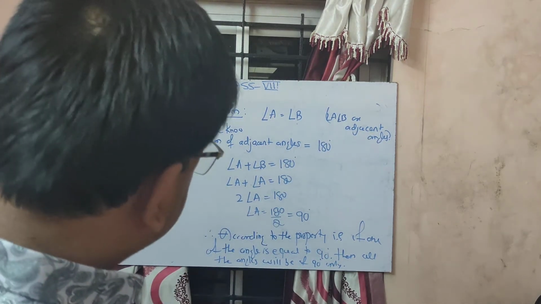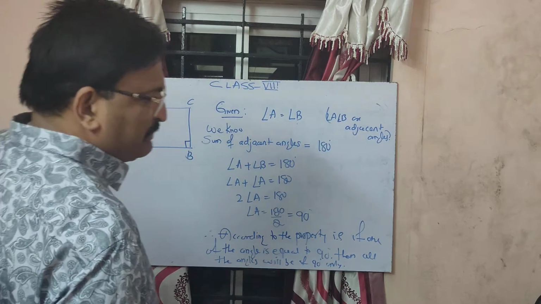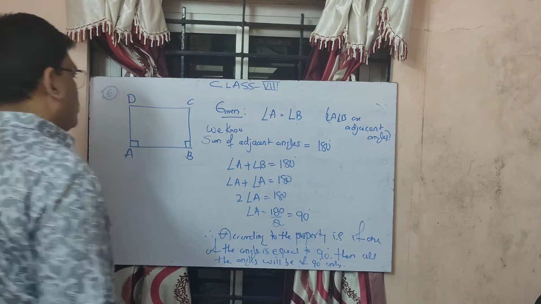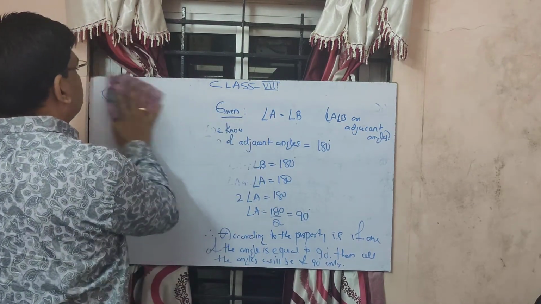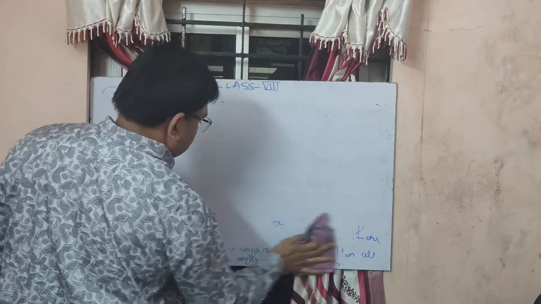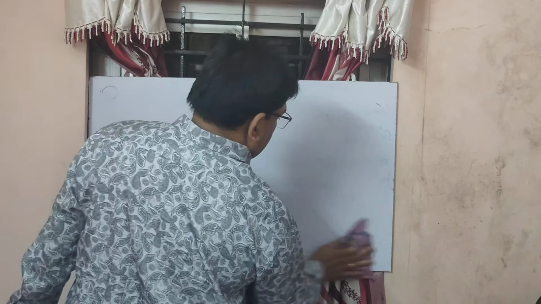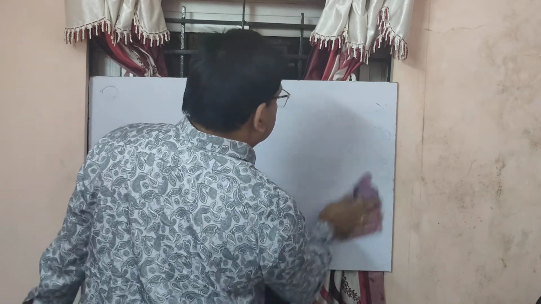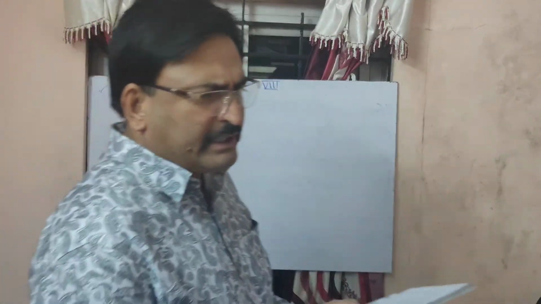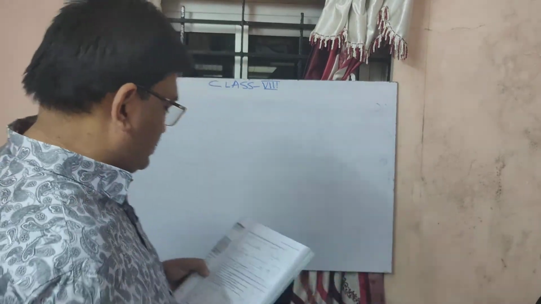Okay, now let us do the seventh one. I told you, you need to remember the properties of a parallelogram. Make a note of it. Prepare a notebook of formulas and properties. Every time you come across some properties, just note them down, and whenever you get the time, check them out. So, now the next question, that is the seventh question.